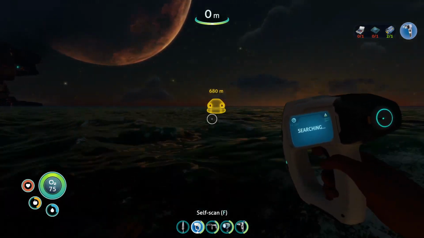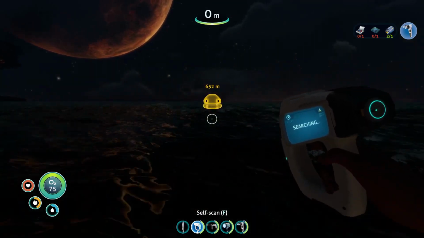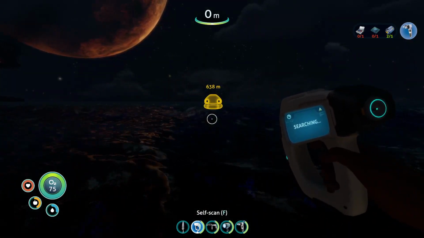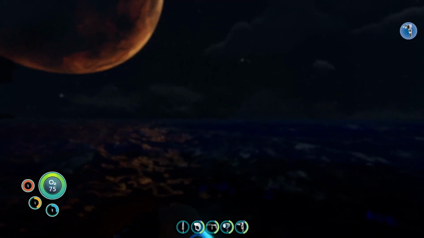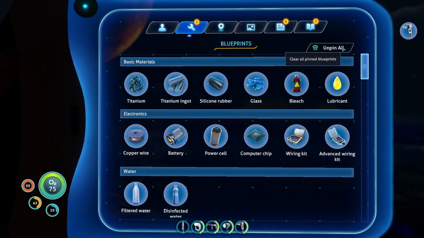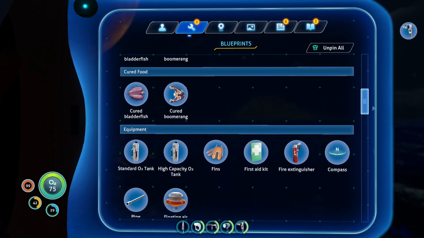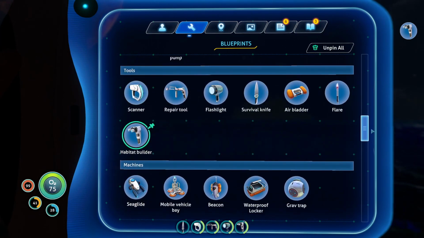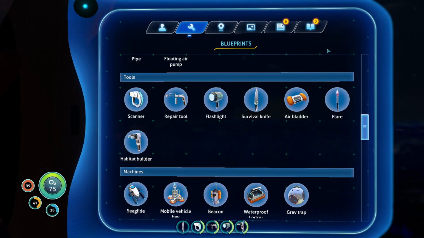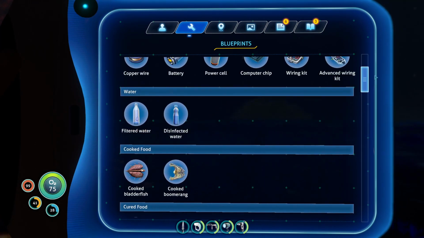We'll head back, and we'll make the Seaglide, I think. We can also do the mobile bay. That'll definitely help with a bit of movement, getting around. Just take that off as well. I don't think we need that on. Although, what is new in here? We've got the compass. We can make that as well. That will help. Mobile vehicle and the Seaglide. Perfect. Absolutely perfect. So we'll unpin all. What we will do is we will grab the...